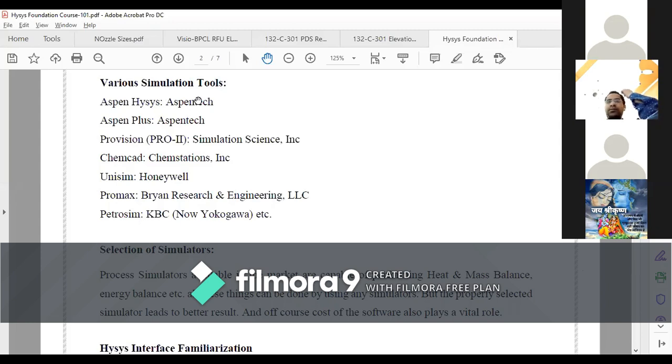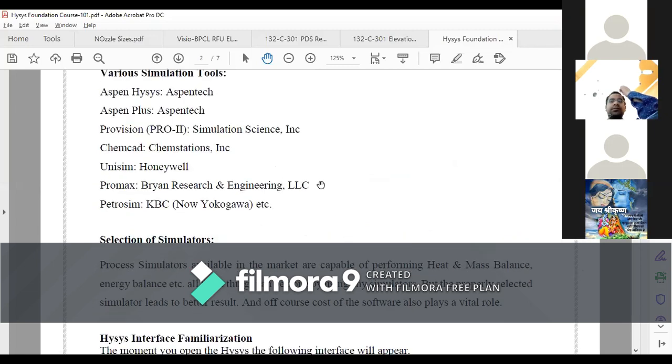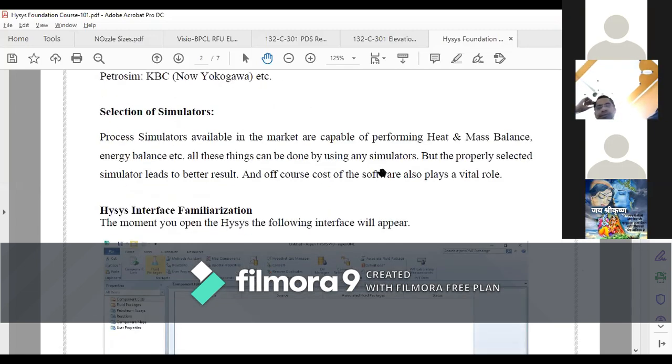Then your next option will be the economics. Economics means which software is cheaper or has the lower price compared to the others. You will go for that. These two are the selection criteria of the simulators.